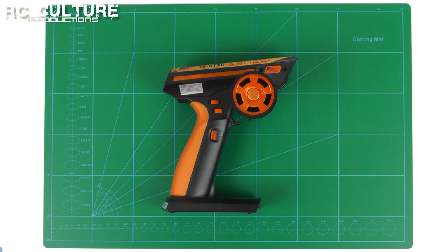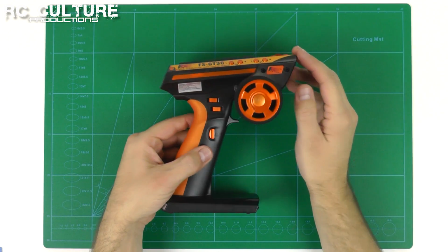I believe there's a time and place for radios like a Futaba 4PK, which is several hundreds of dollars at the time of this video, and it's probably one of the best radios out there, arguably, among others. But I think for most people, unless you're a really hardcore racer or a really hardcore drifter looking for the ultimate reaction times, I don't think those radios are necessary. We all love to have the latest and greatest and the best, but it just doesn't always fit the need. Now, the GT3C radio, as you see here,